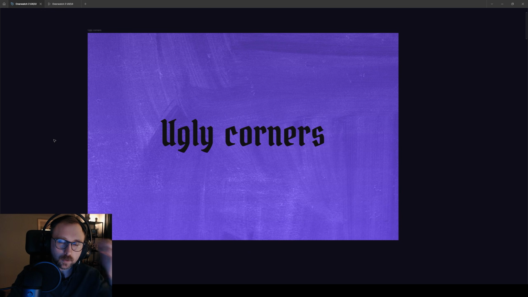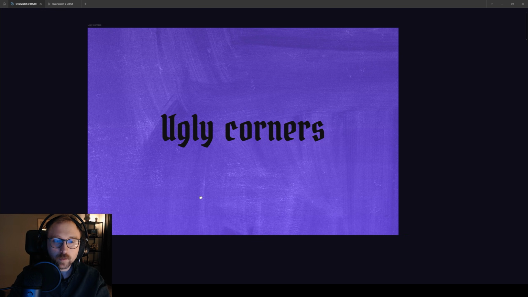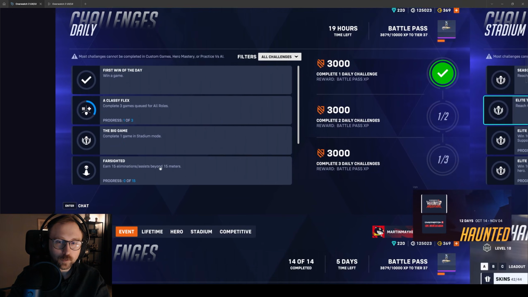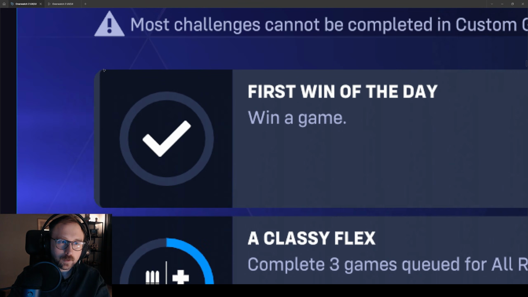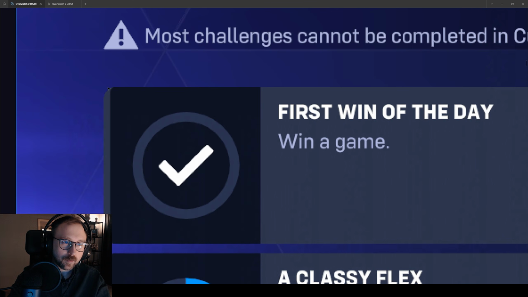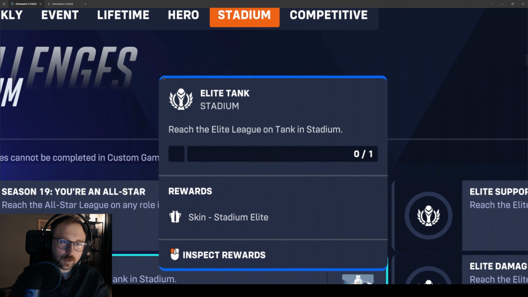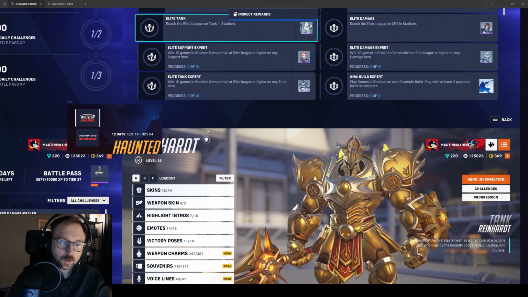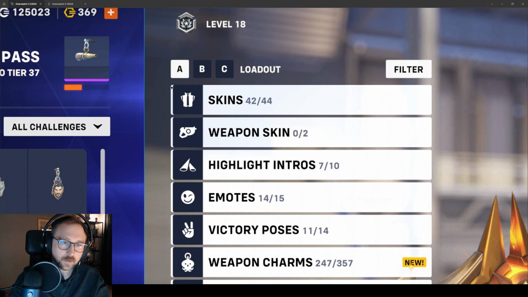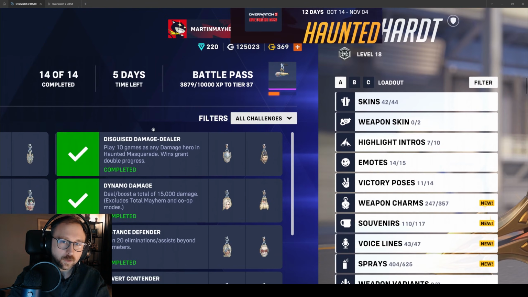Okay, the next part is about ugly corners. This is really a me thing, but we're going to go through it. There is a lot of this kind of stroke color. It's just used as a left side stroke or a top side stroke, and it has this kind of bend, and I find it so ugly. It's everywhere. You can see it here, for example. You can see it here, indicator. You can see it